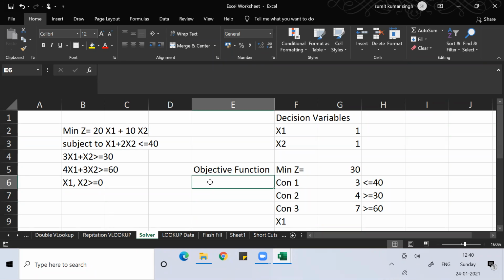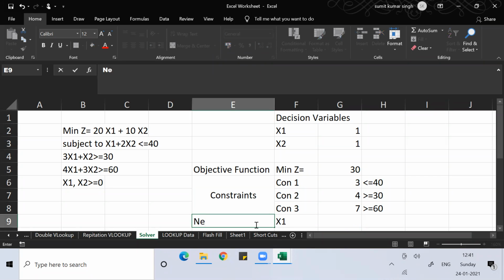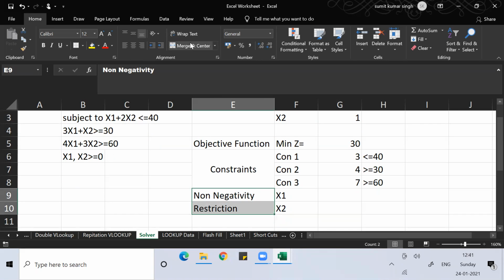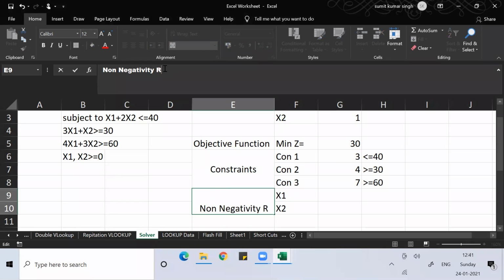These were your constraints: constraint 1, constraint 2, constraint 3, and now I'll put the non-negativity restriction.